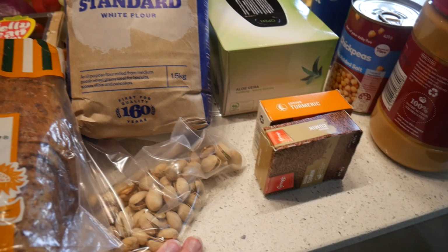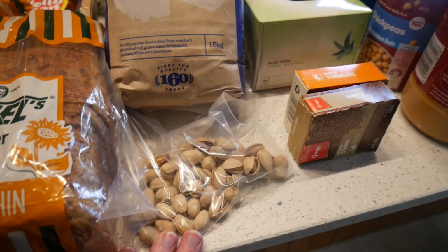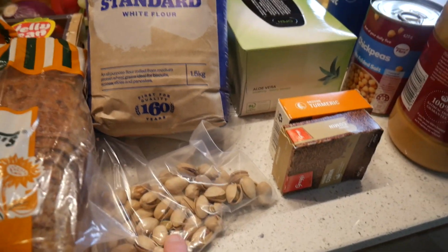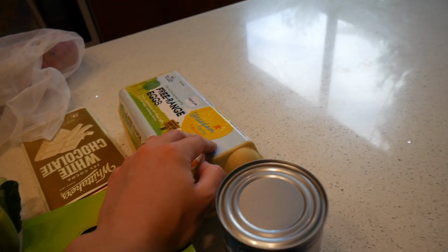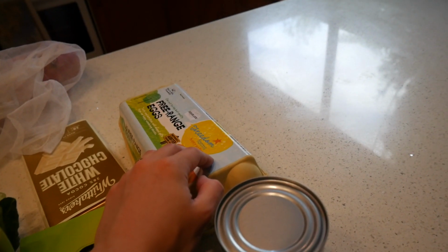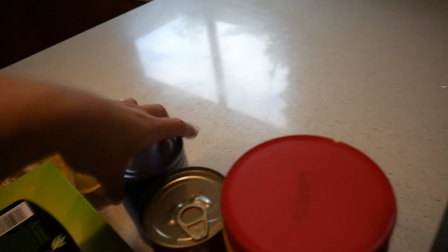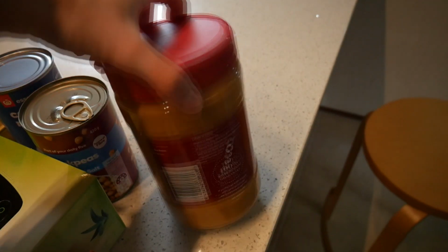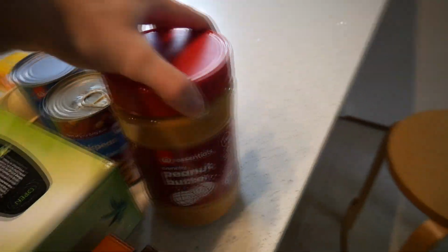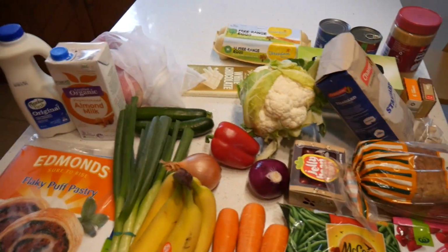Anyway, I picked up some pistachios for the, what was it called? It was like the Moroccan spiced soup or something, so those are for that. Cumin and turmeric for the same meal. Tissues, eggs, they were out of our normal brand because they were heavily discounted and so they had all been taken. Coconut milk, chickpeas, and peanut butter, and that is all that we need for the week,